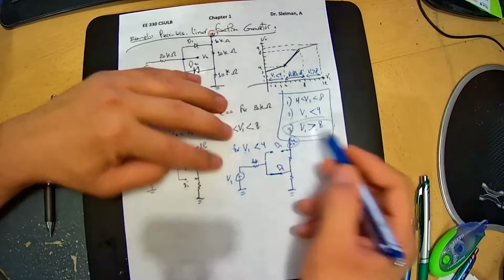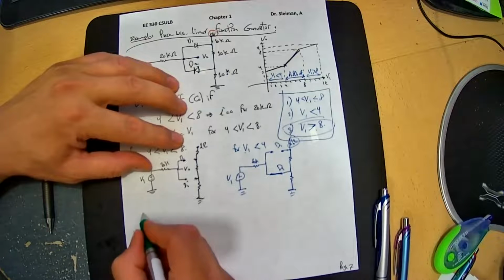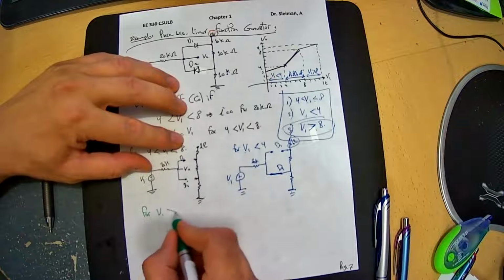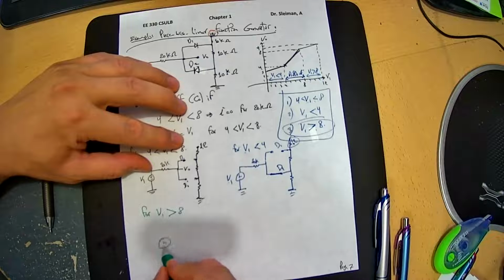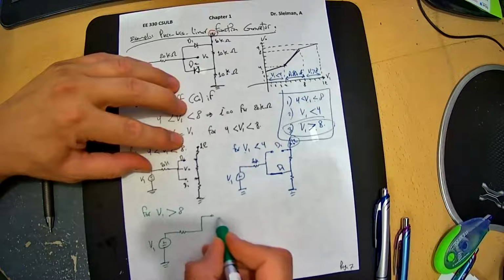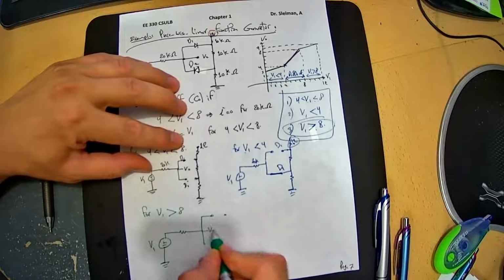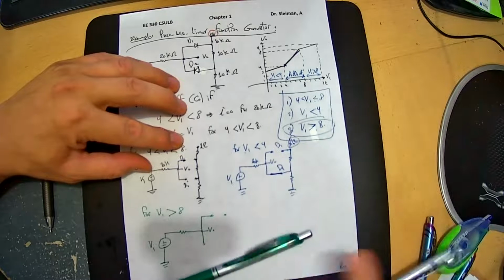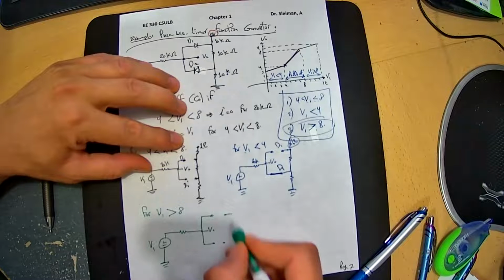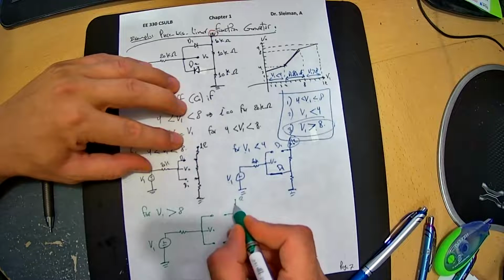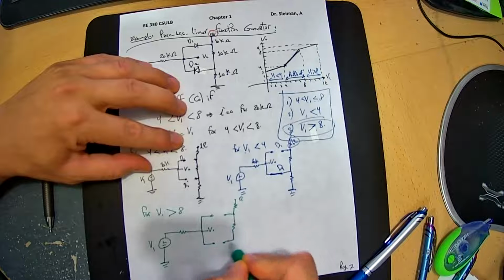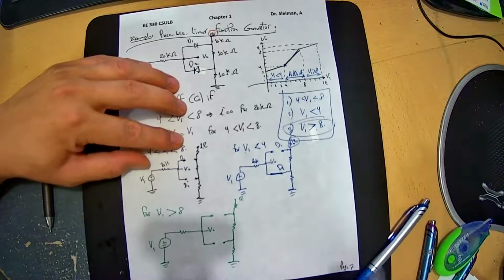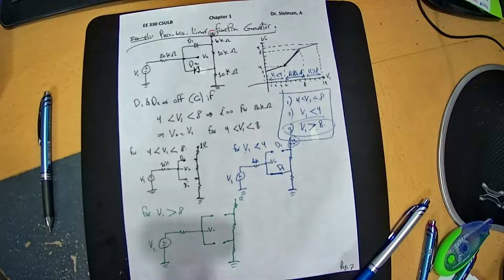Let me put this third case: for V1 greater than 8. I'm going to leave it open. This is the output. I'm going to leave it open for the moment. 12 volts, 10K, 10K, another 10K. Okay. In this case, what happened to